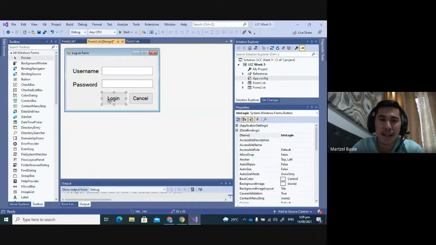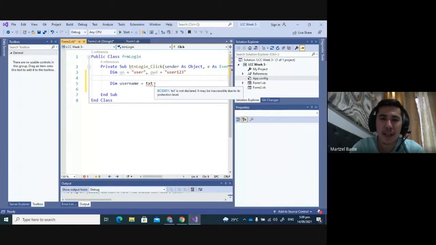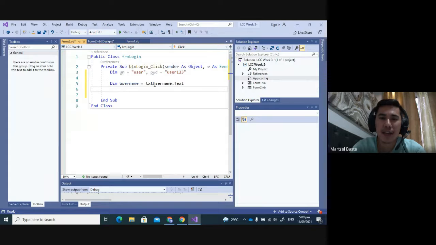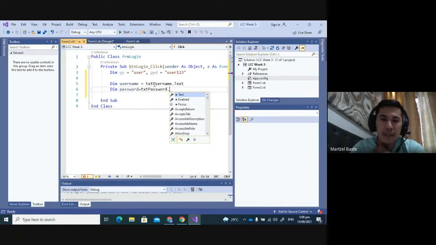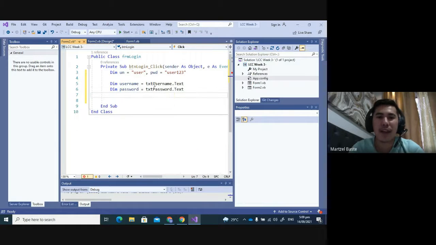Okay, so balik na dire. So we have txt username dot text and then dim password is equal to txt password dot text. Okay, so